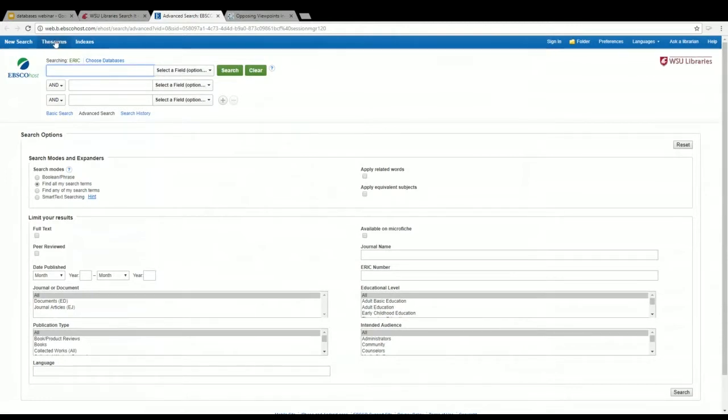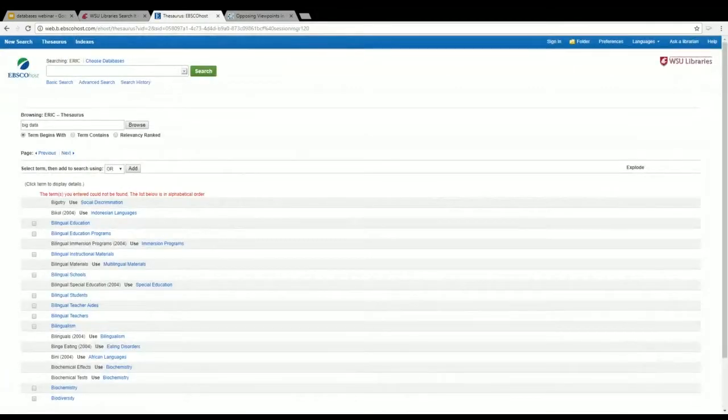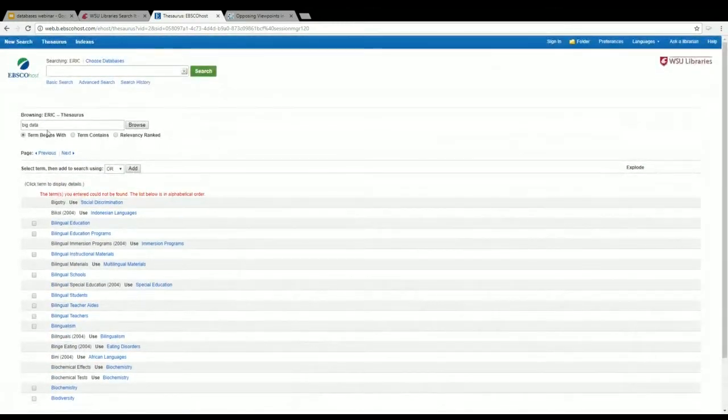And so this thesaurus, whenever you see this in a database, this means that this database looks at controlled vocabulary, and that means that you need to use those terms that this database is recognizing. And so to access this, if you click on thesaurus and then scroll down right here, all you have to do is put in your term. So if we're going to stick with big data and click browse, it doesn't recognize this at all, right? And so this is why it's not always going to be the best database for you to use,